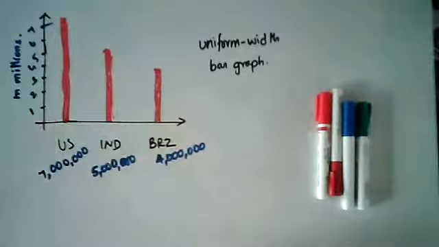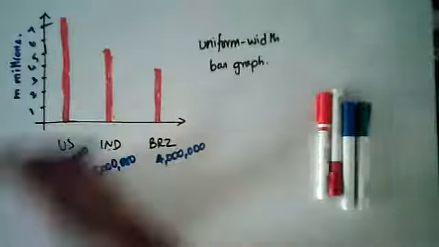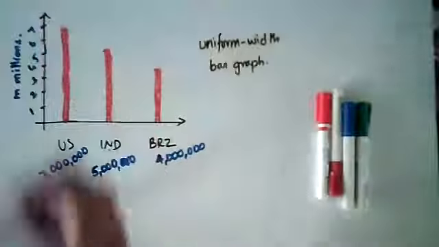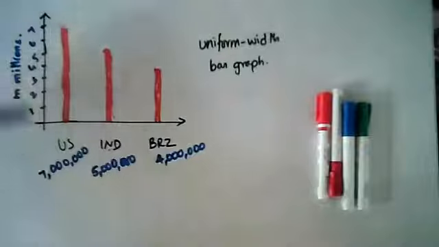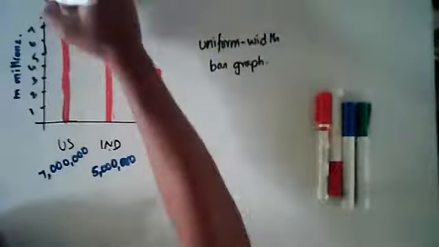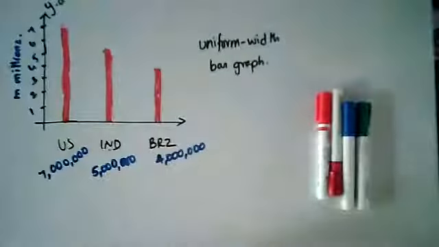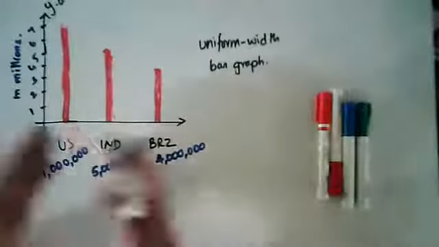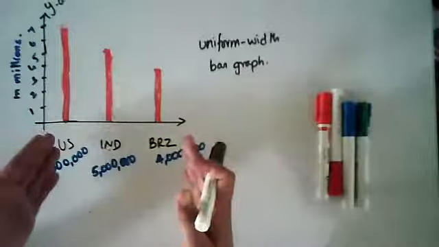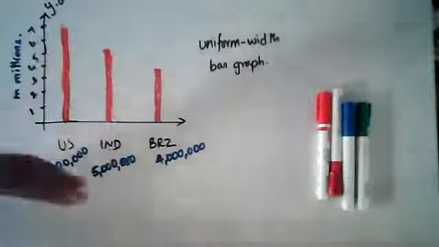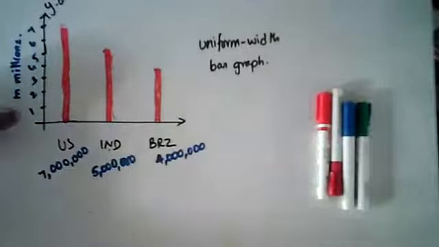So US, apparently at the time in which we are making this video, is approximately 7 million. Now this is the y-axis, and this is the x-axis. The x-axis actually doesn't matter in this case, okay? It only makes a uniform platform so that we can draw the bars above it. But the y-axis is important.